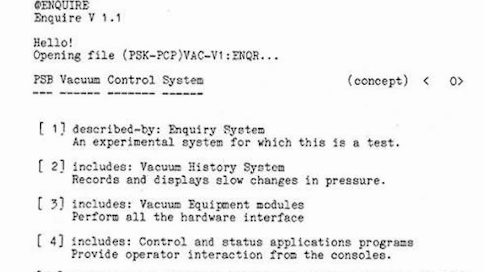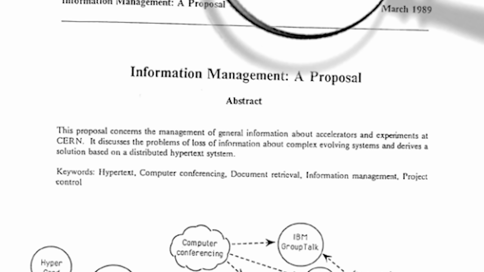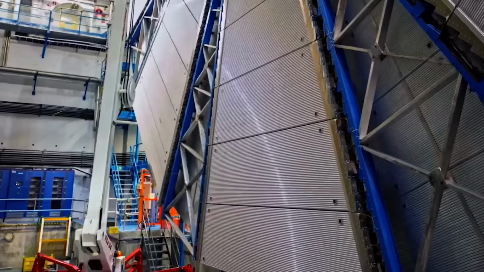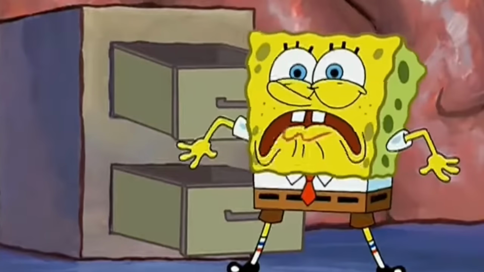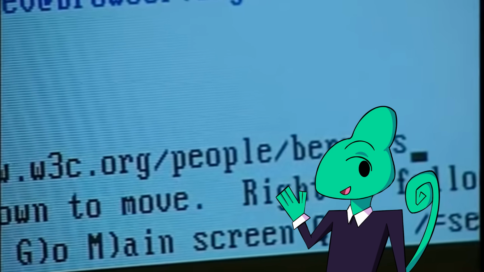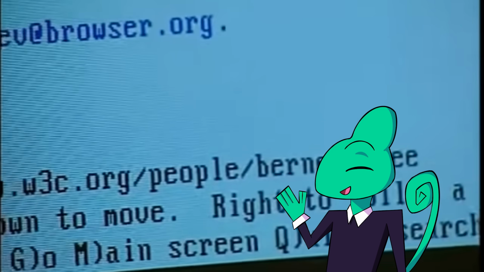He had originally experimented with hypertext in 1980 with Inquire, a software project to organize people and software models. He just wanted a way for physicists across the globe to share research, and was frustrated by the inefficiencies of storing data across multiple different machines. Maybe there was a way to combine the nascent internet with hypertext. Who knows where those possibilities could lead to.